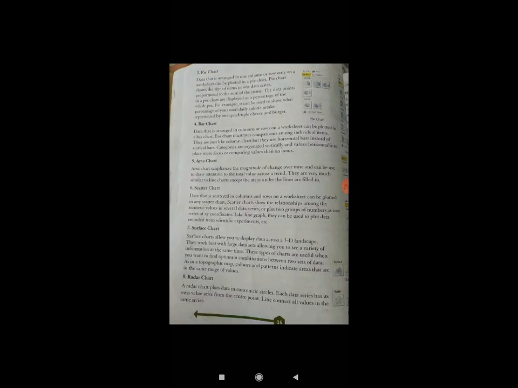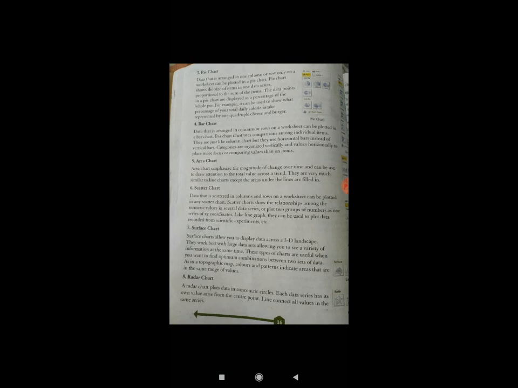Hello students, today we will discuss the third type, that is the pie chart. A pie chart is a type of graph that displays data in a circular graph. The pieces of the graph are proportional to the fraction of the whole in each category. In other words, each slice of the pie is relative to the size of that category in the group as a whole. Pie charts give you a snapshot of how a group is broken down into smaller pieces.